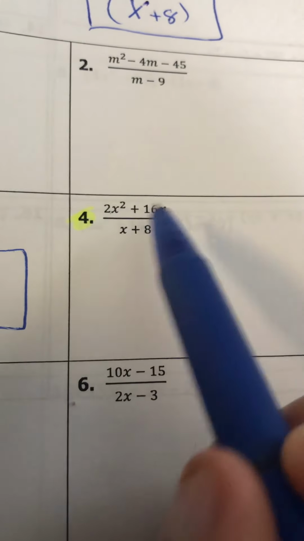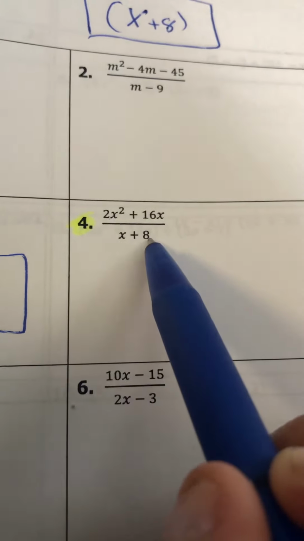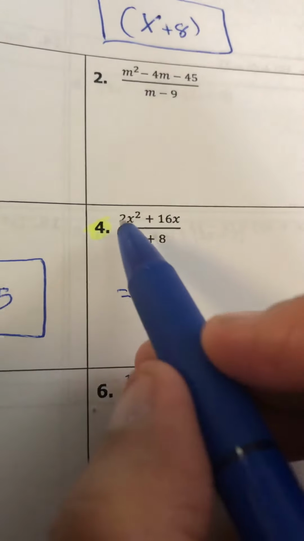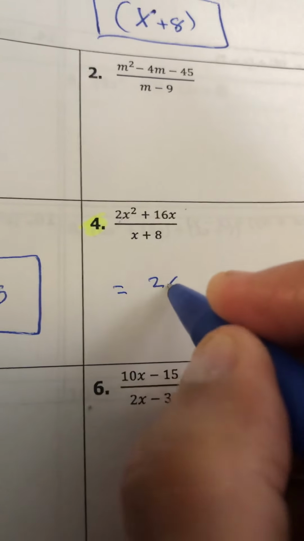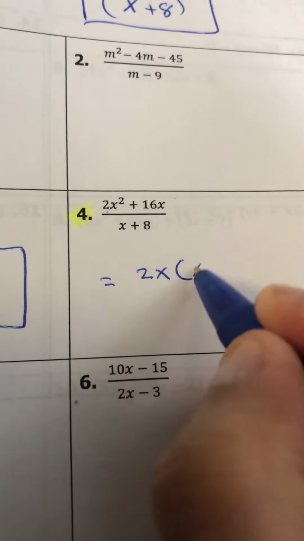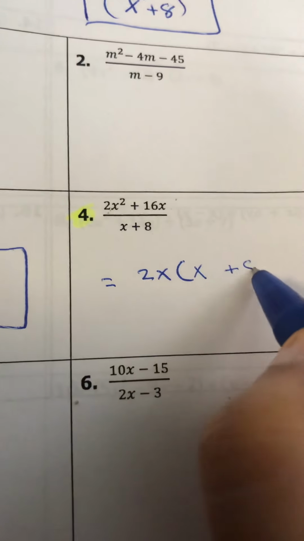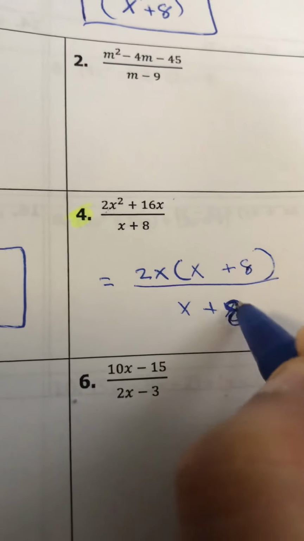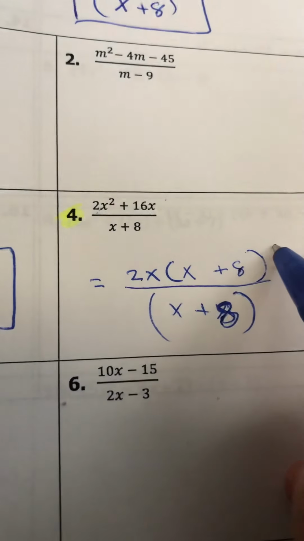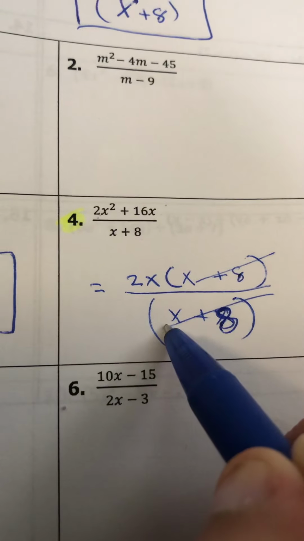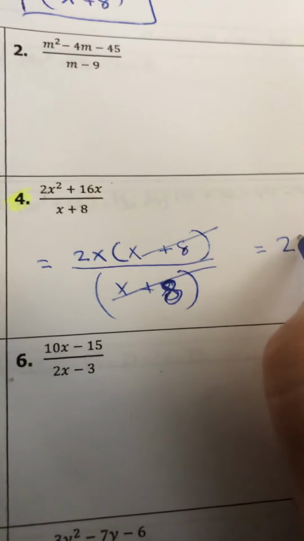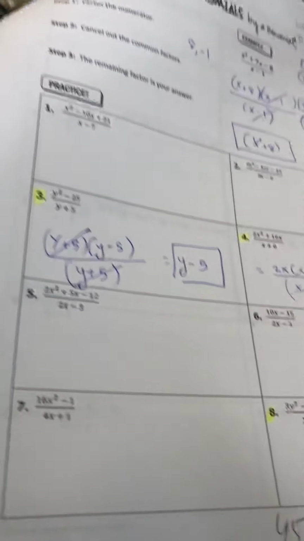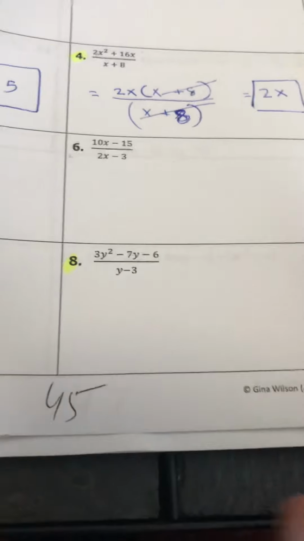Looking at the numerator, I can see a binomial in the denominator, a two-term binomial. What I can factor out here is only by using GCF. In both the terms, 2x is the greatest common factor. I get x plus 8 and here I have x plus 8. Okay, I can factor out this and I can factor out this. I only have 2x remaining. This is my final answer. Let's do one more, slip and slide.